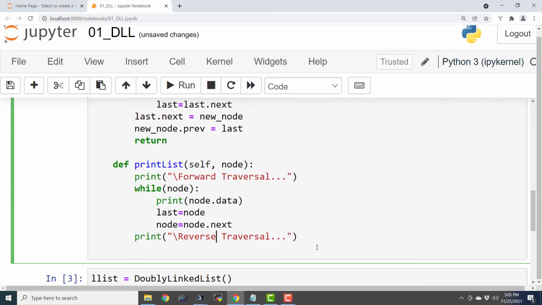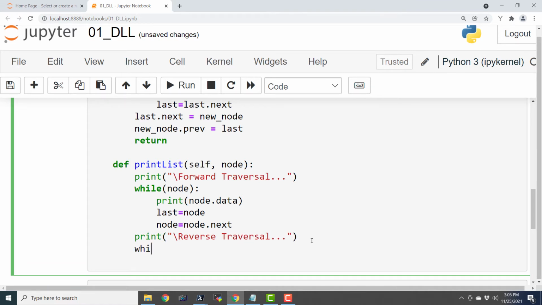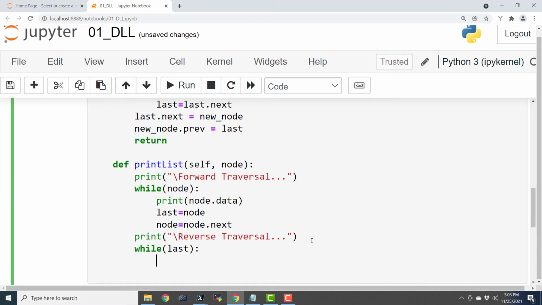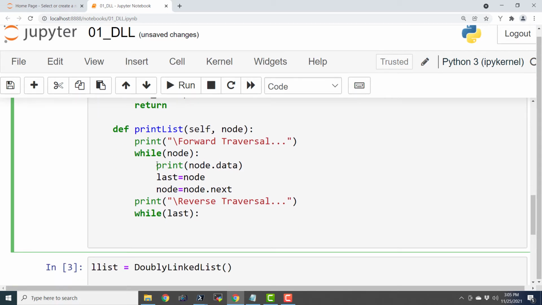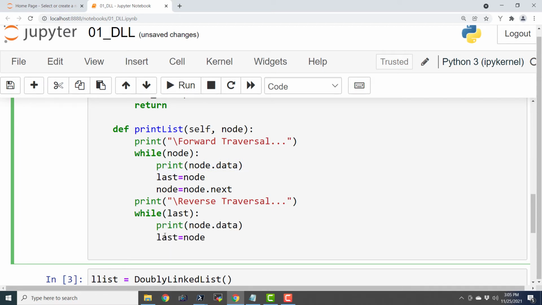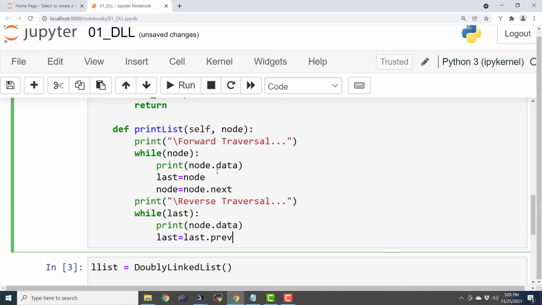Reverse traversal, and while last, because we are at the last node and that last has got the last node, I will just say print last.data, and last = last.prev. That's it. It is going to print the list in both directions.